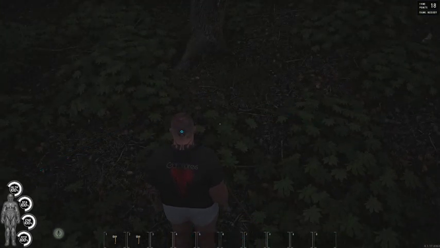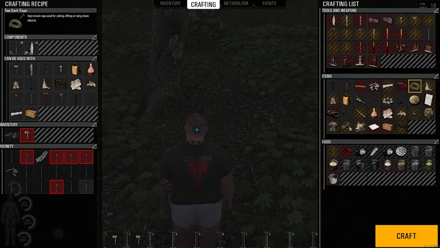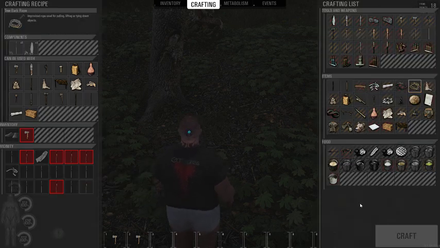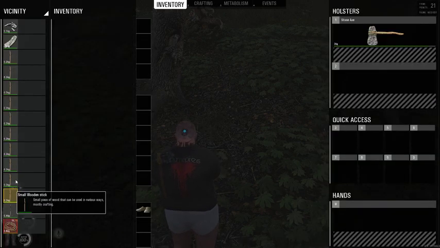Notice my fame in the top right is going up just from surviving. Alright, so 1, 2, 3, 4, well, 5, 6, plenty. And it tells you down here, it just selects 5. I can now make my tree bark rope. And now that I have my tree bark rope, which again is on the ground,